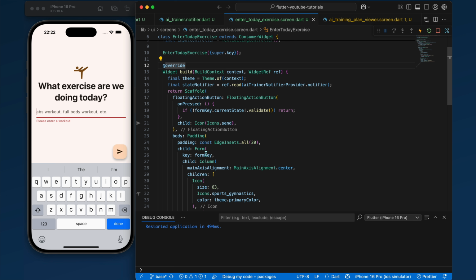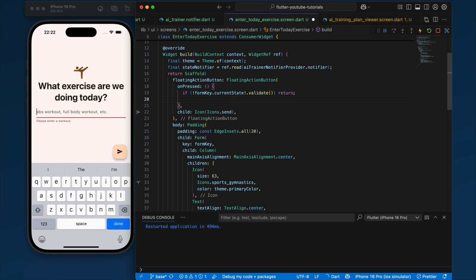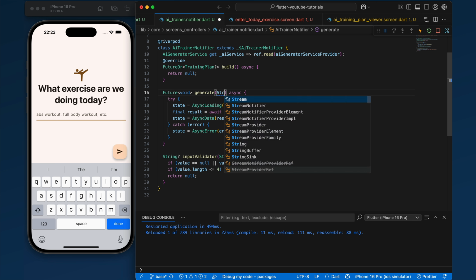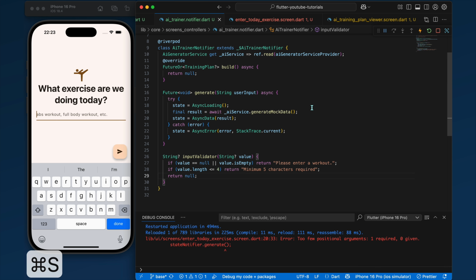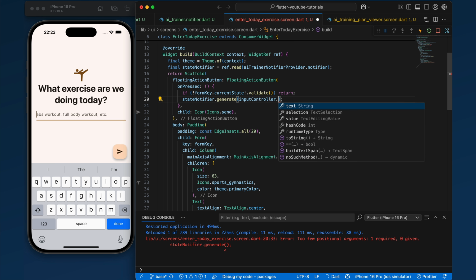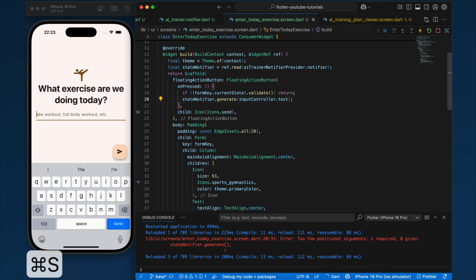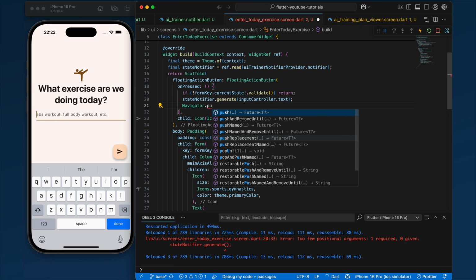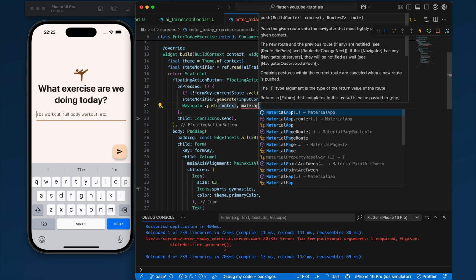Okay. So now we have validated the form, and we just have to call stateNotifier.generate. And another thing we want to do is we also want to navigate. If the form is valid, then we want to generate, and then we are going to actually pass the string user input. We are not using this in our mock data, but we will be using this in the actual AI provider. So we are going to pass input controller.text. And then at the same time, when you do this, we are also going to navigate. Navigator.push context, MaterialPageRoute,